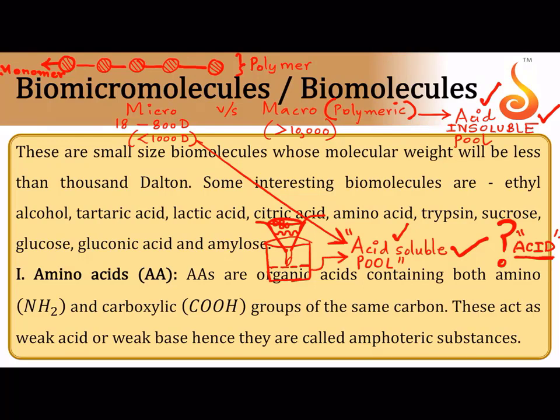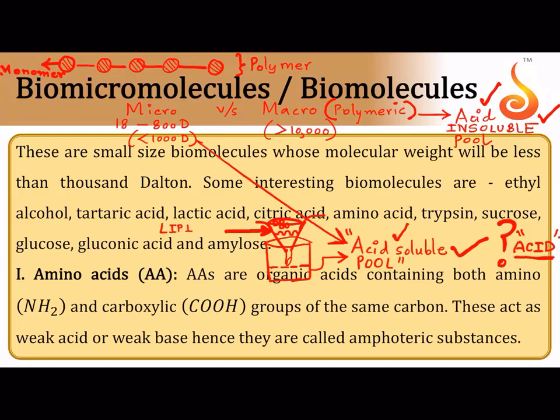The acid soluble pool is also called a filtrate, and the acid insoluble pool which gets collected in the filter, which does not pass through the filter, is referred to as the retentate. Okay, another question is, you will find lipids in the retentate.